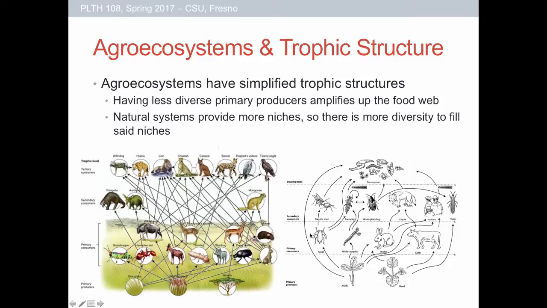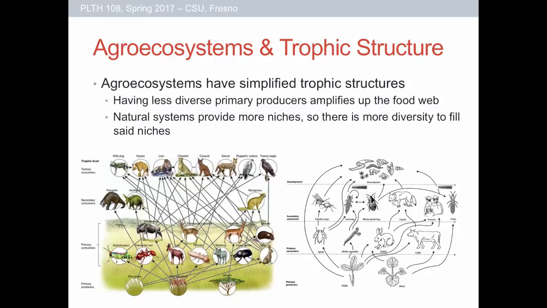This is a Serengeti ecosystem, or a food web. And it's actually really not filled in very well. They only have about 3 plant sources, and they don't touch on near the insect diversity that you have. But even in this very reduced food web, you can see there's a lot more arrows. There's a lot more complexity, a lot more interaction between these species in a natural ecosystem than we see in